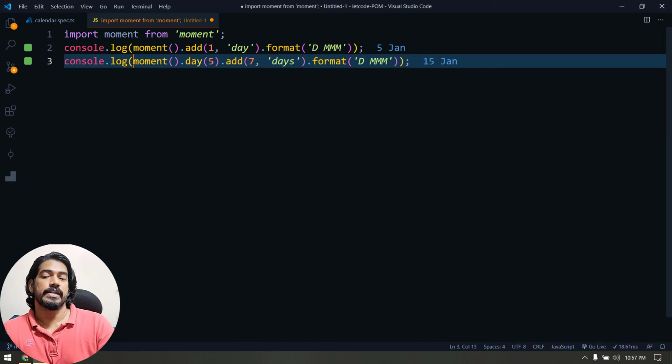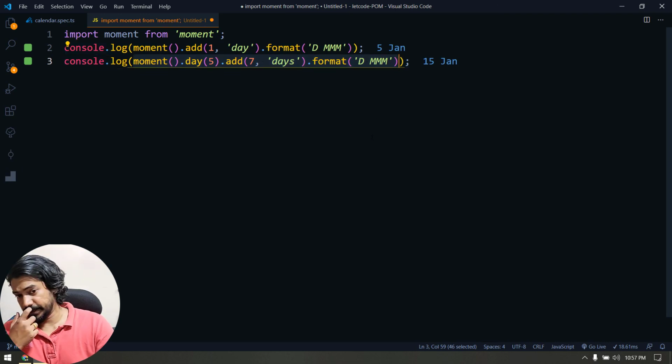So in this way we can convert this code into utilities, and we can write functions like get last Monday, get next Friday, get next Monday. So based on your application and your requirement, you can do that. For example, in our project we have a lot of calendars to handle, and we have created many utility functions like this. So we just call the method, and based on the return type, we have written all the XPath, and we do the click actions like that.